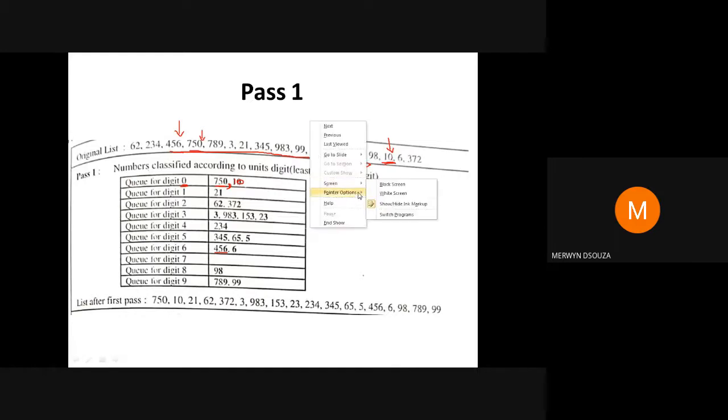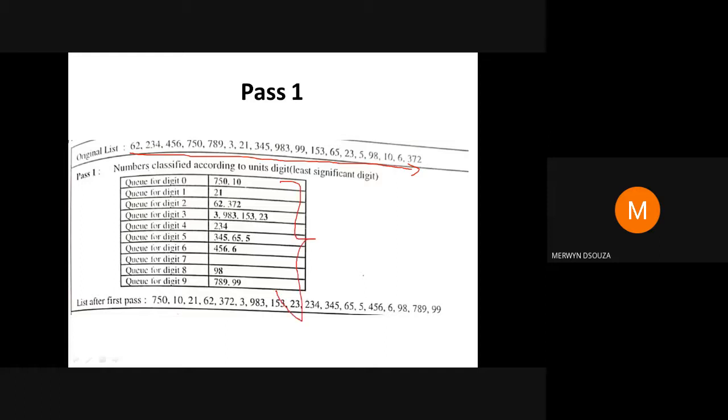After you have written all the input in this form, to get the output of the first iteration you start writing the numbers from the first queue. Start from 750, then 10, next queue 21, next queue 62, 372.